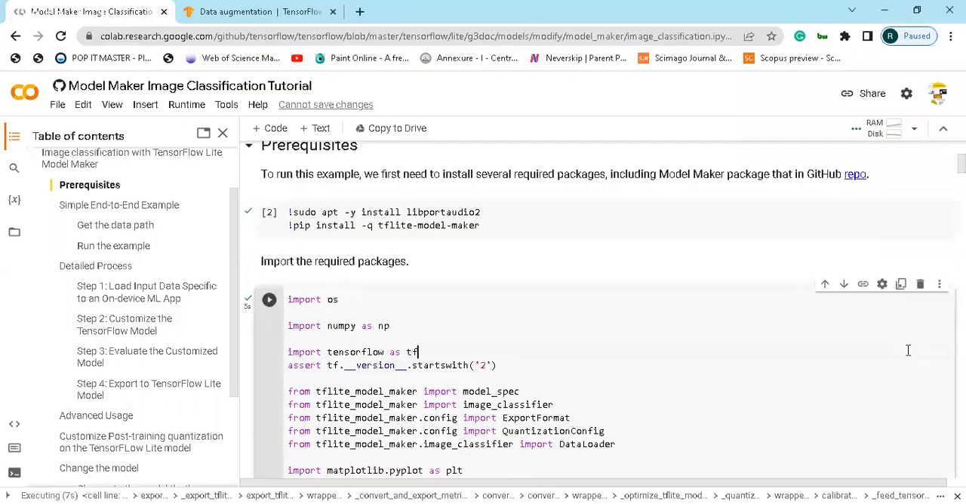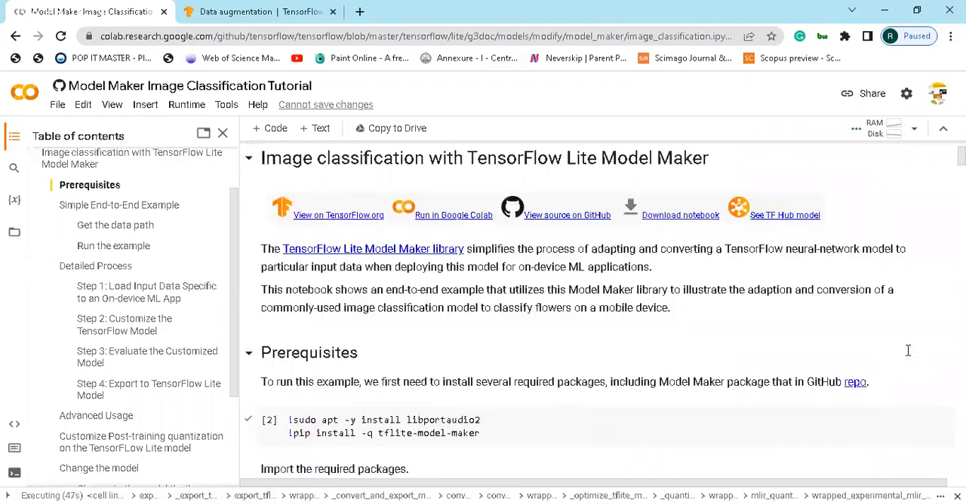Welcome to our channel. Today we are going to discuss an image classification tutorial using TensorFlow. In this TensorFlow tutorial, especially, we are going to see the TensorFlow Lite Model Maker. This will simplify the process of adapting and converting a